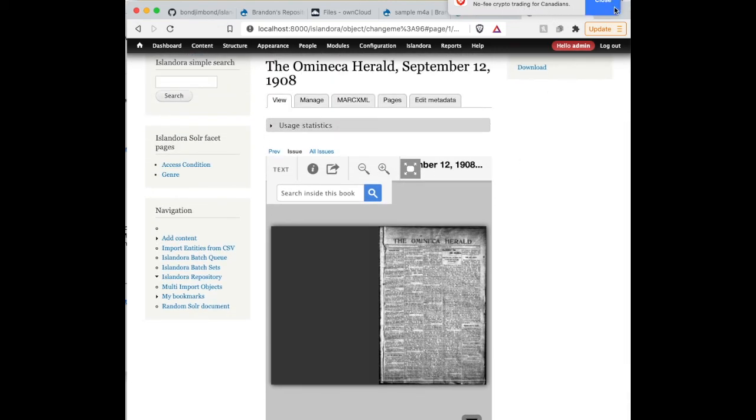So once everything is marked for preservation, then all you have to do is wait. And every day or week or whatever setting is set up in Cron, at a certain time, the commands will run, your objects will be bagged up, sent to Westvault,